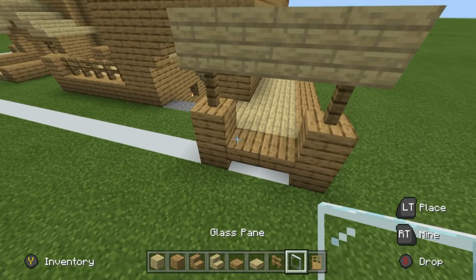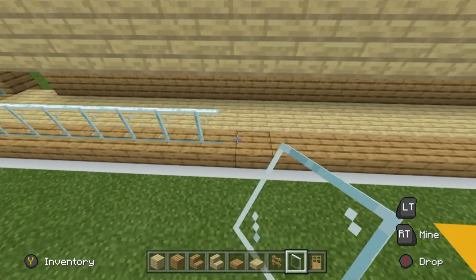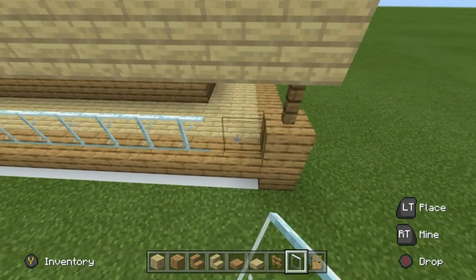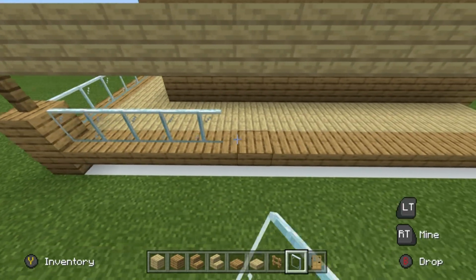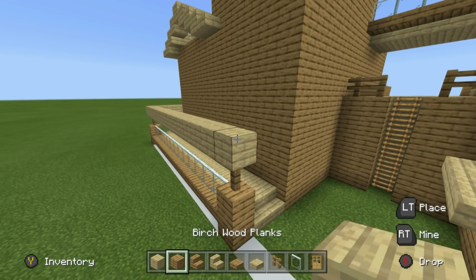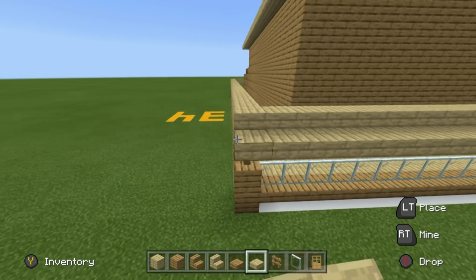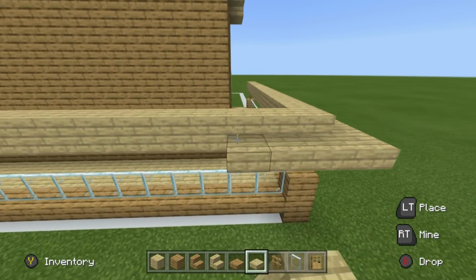Now you can either use glass. I'm going to try glass, but you can use, and I originally did use, some fence. But I'm feeling more glassy today. And what we have to do is place some birchwood slabs on the outside of the birchwood planks, like this,